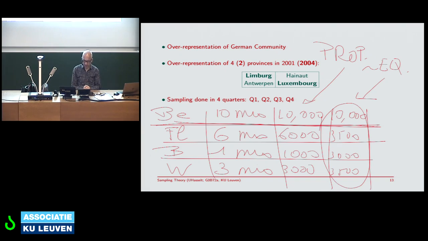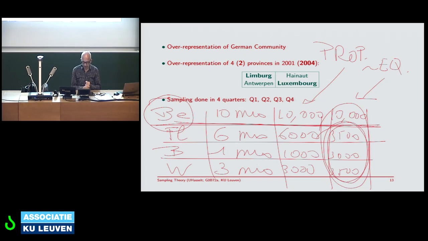But one final thing is, okay, it's all nice and well, regions, regions, regions, but sometimes we want to say something about Belgium also. Is that still possible? Can we take the average of the 10,000 interviews and claim that this is a Belgian statement? No, it isn't, because Brussels would be overweighted, Flanders would be underweighted,